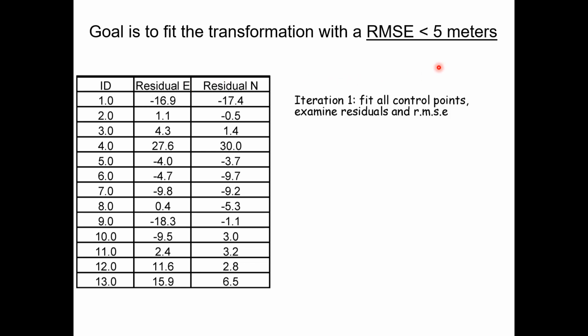And then again, the idea here is that by creating a whole bunch of different points, you'll be able to fit a transformation with a low root mean square error. And there are different rules of thumb for this, but most people think if you can get below 5 meters, or it might be different depending on the units that you're working with, but usually we're working with meters. But a root mean square of less than 5 meters would be